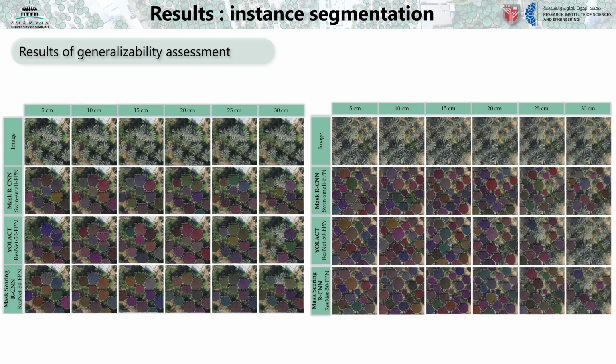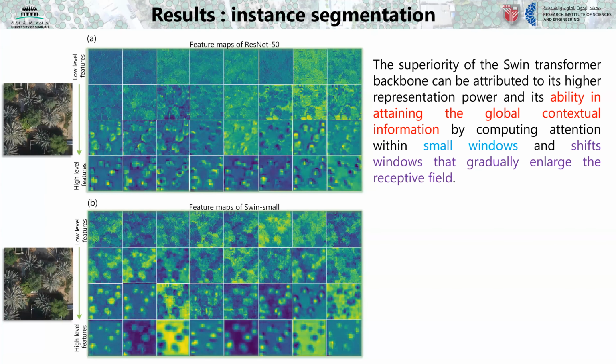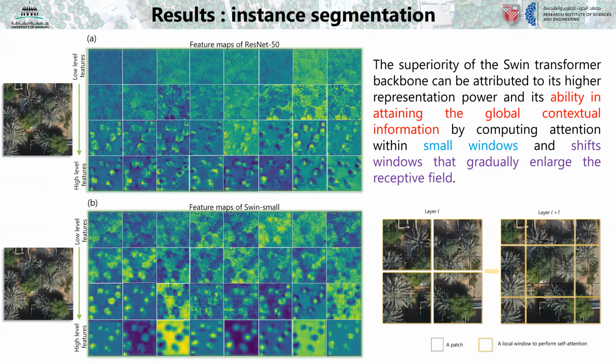So overall, the superiority of the Swin Transformer can be attributed to the high representational power of the transformer-based model to capture global information. For instance, you can see here figure A and figure B. These are some of the feature maps extracted by ResNet, which is a CNN-based model, and a Swin Transformer-based model, and it shows the capability of the Swin Transformer to perform the self-attention mechanism on small images